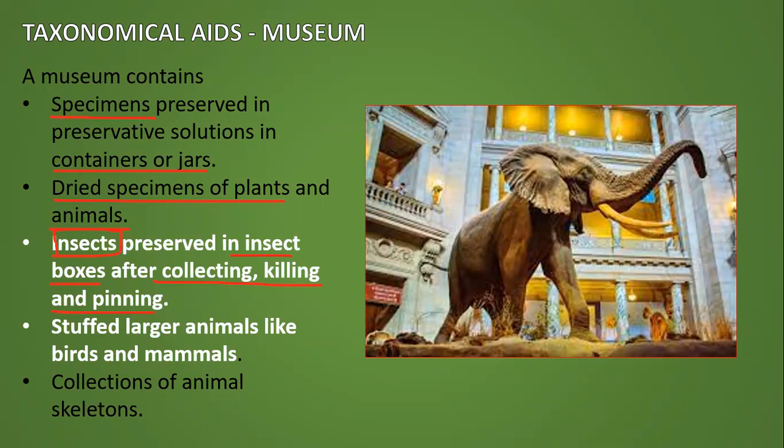Stuffed animals, like birds, and animals like rabbits, pigeons and all, will be stuffed and stored. Collection of animal skeleton is also found in case of museum.